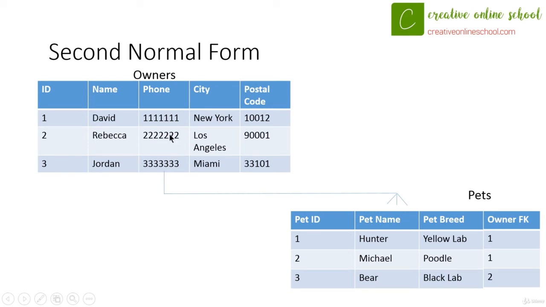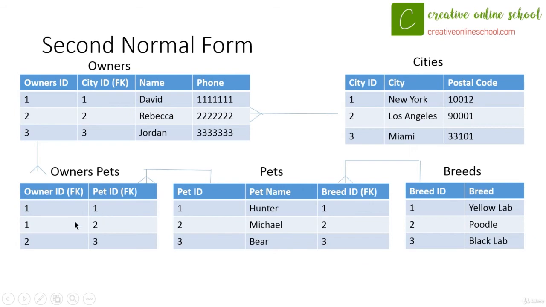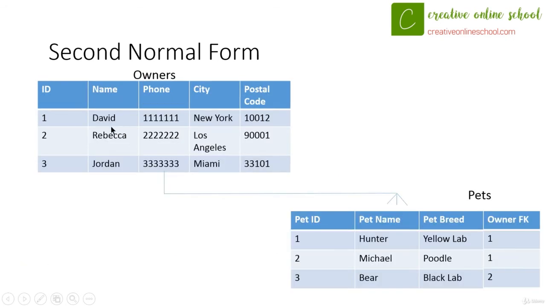Going on to the second normal form. The second normal form, again, is the same as the first normal form, except all the columns depend on the table's primary key. So everything must be dependent on the primary key. So what we need to do here is make sure that